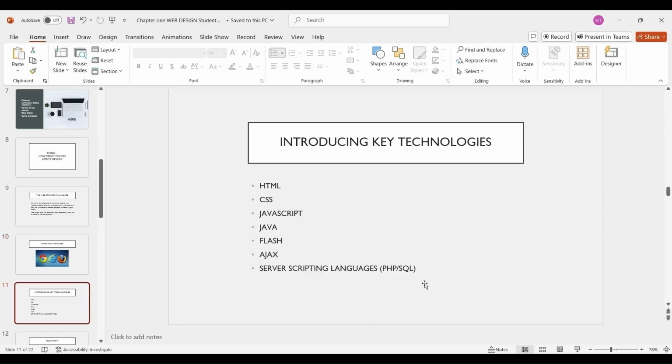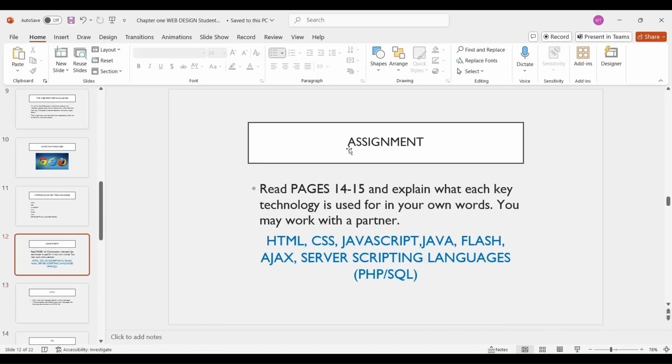And then I shared with them, I know this textbook is a little outdated. I wish maybe they do have a new edition. This was published in, I believe, 2016. Yeah, so with any technology, it's always being updated. But they did get to do an assignment with these key technologies. They got to read pages 14 to 15, and they worked with a partner. And then in their own words, they explained to me